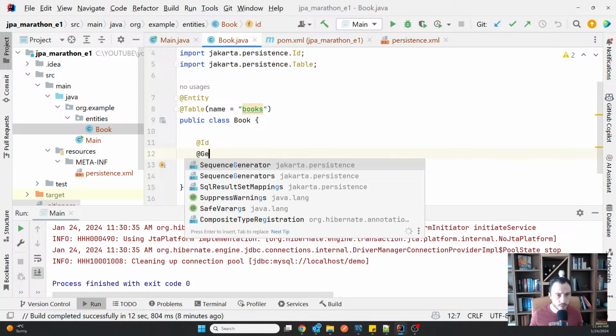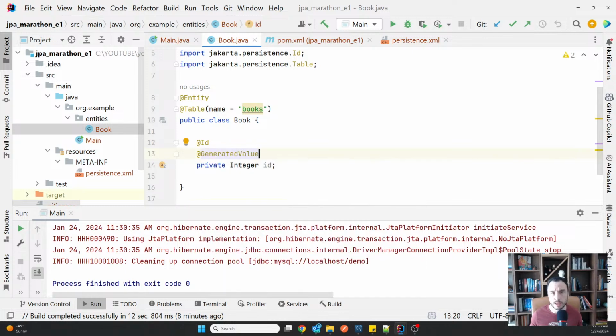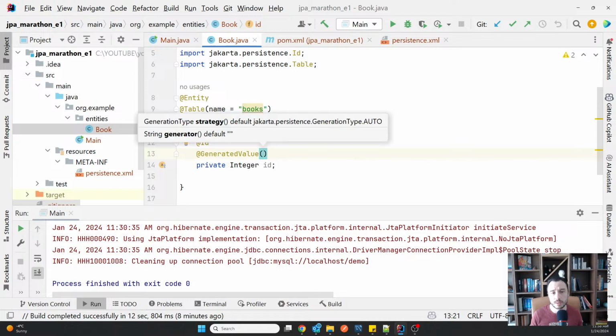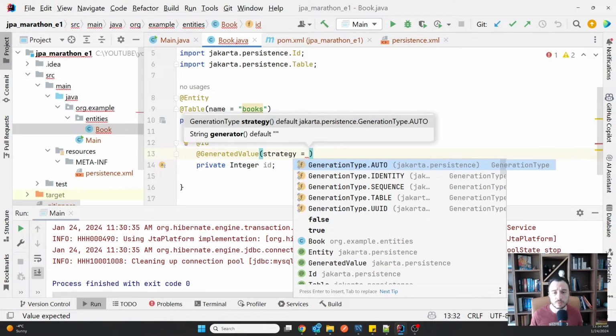So if you want to specify that you have a strategy for generating the value and that you don't manually put it through the Java application, you use the generated value annotation, and then you have to fill out the strategy you use. There are a few strategies you can use with the latest JPA specification.